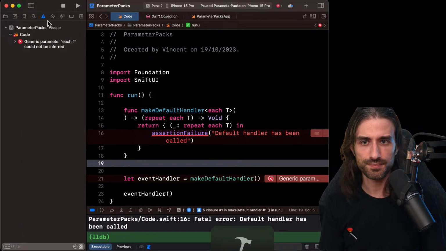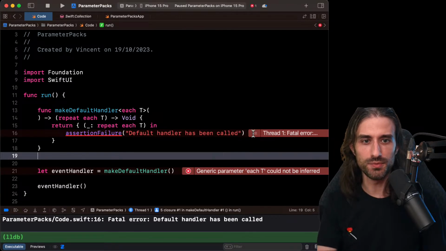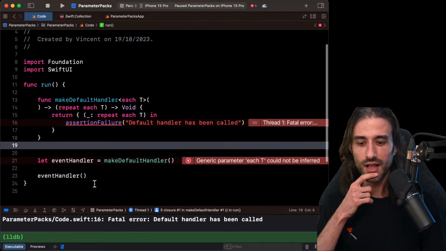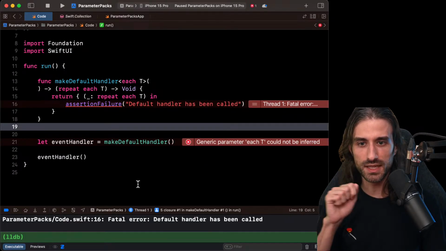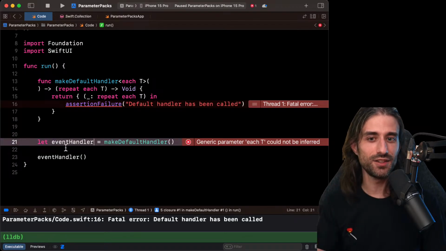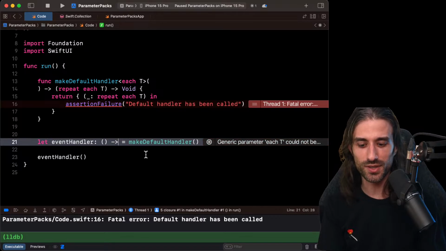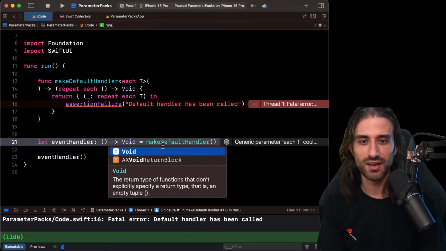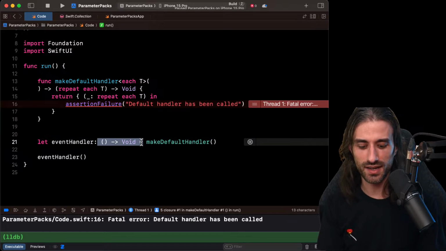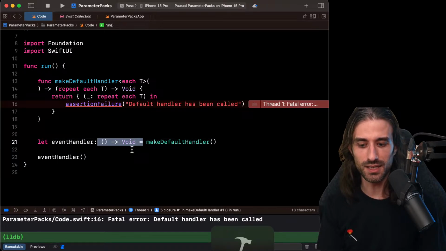And as you can see, why doesn't the code build? I was thinking like, yes, now it's going to build, it will be perfect, but no, it doesn't build. Why not? Oh, yes. It's because I didn't say what the types are anywhere. So I still need to say, hey, actually what I'm expecting here is a closure that takes no argument and returns void. This time it builds.